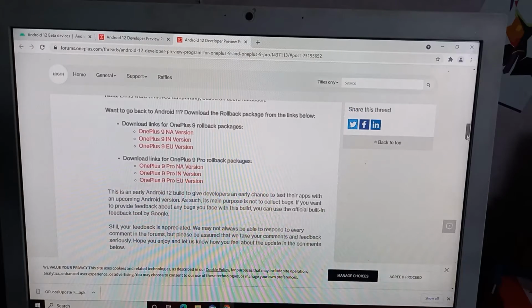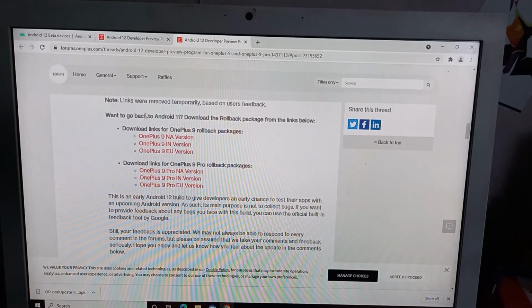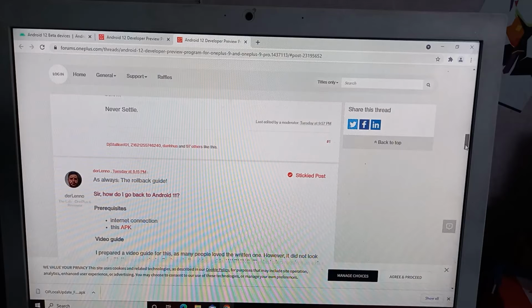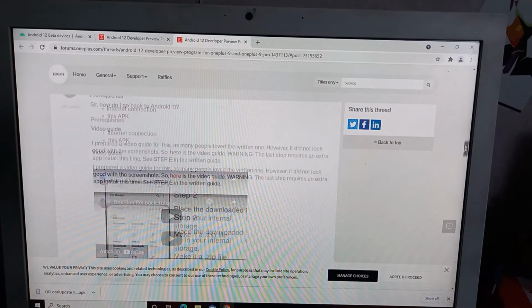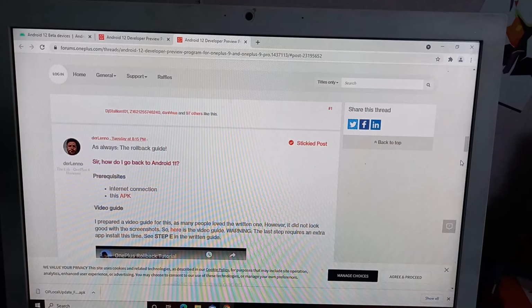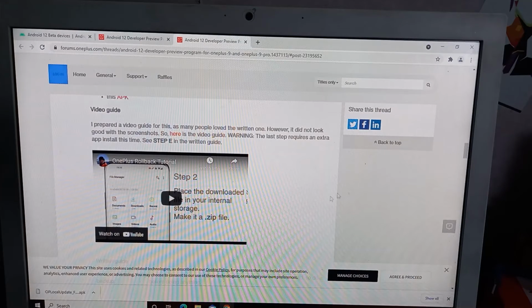Here are some versions, like the Indian version and the global version of the Android 12 beta version. You can simply click here and download Android 12, and then you can install it manually. Here is also a video in which you can see how to manually install Android 12.